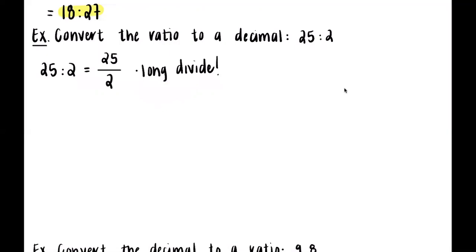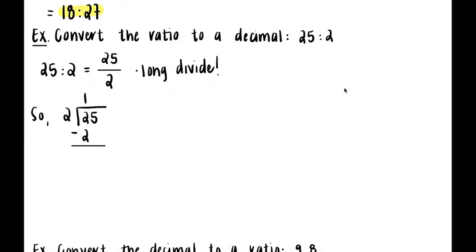So if we see we have 2 on the outside, 25 inside, how many times does 2 go into 2? Well, 2 goes into 2 one time. 2 times 1 gives a product of 2. Then if we take the difference, we end up getting,